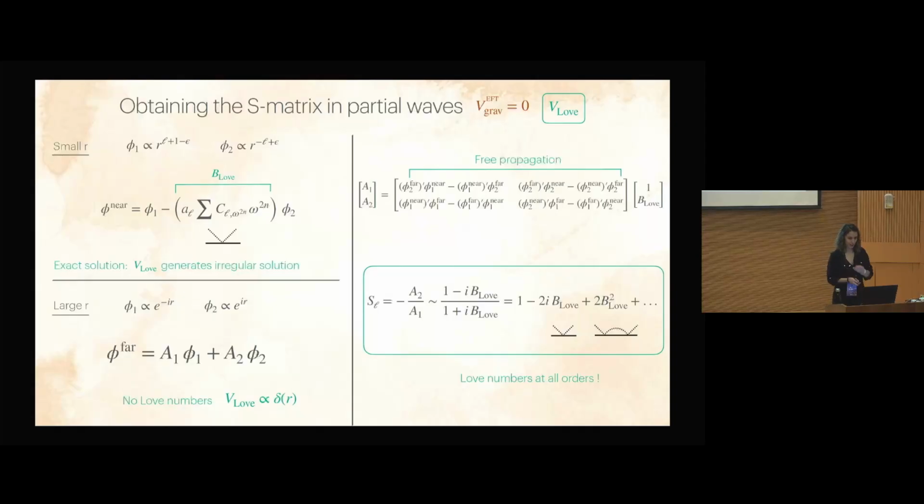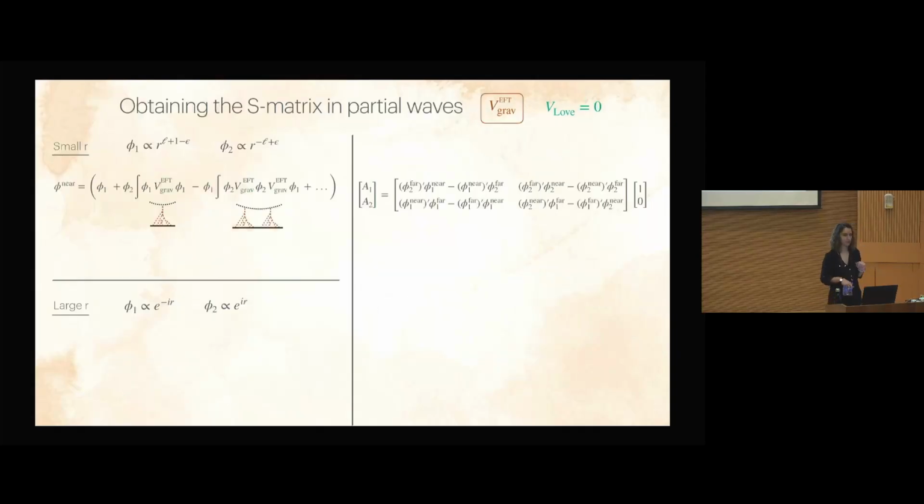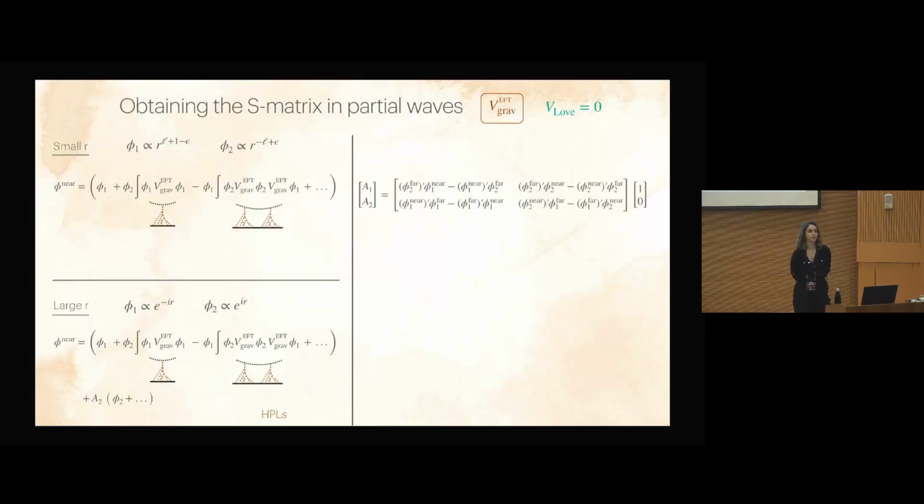Okay, now let me turn off V_LOV and turn on the graviton. And again, we're going to do all these Born integrals, iterations of the gravitational potential. In the small r region, these integrals are actually very simple, like r to the alpha. They can be done basically instantaneously. At large r, these are integrals, again, with all these Bessels and 1 over r's. And so those are a bit more complicated, but we were able to recast all these integrals in terms of HPLs. Which is something that, like Giulia mentioned on Monday, they had this suspicion they were all HPLs, and we can show that it's indeed all HPLs. And so we can basically compute this at any order.